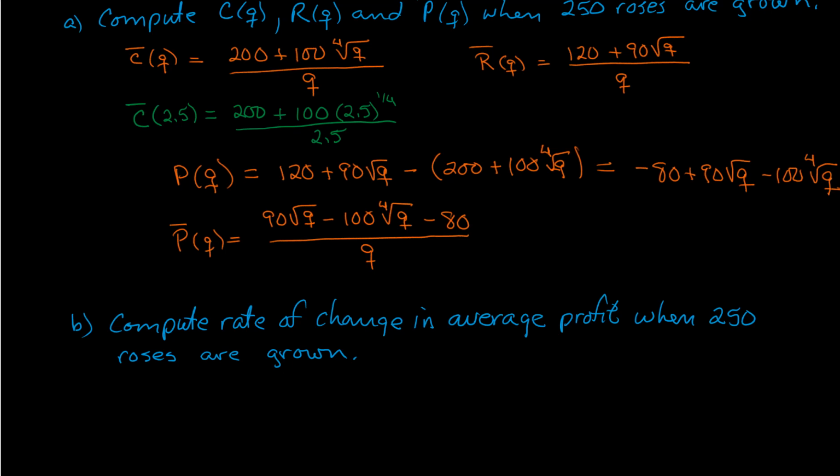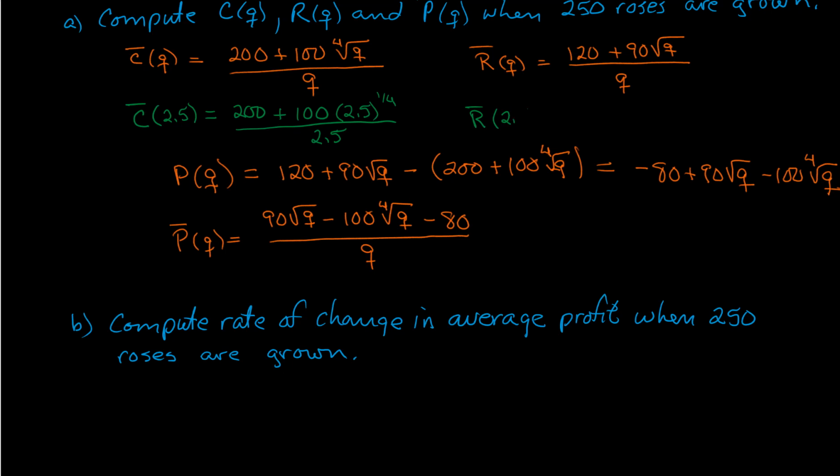compute the average cost. Now, what the average cost is going to tell us is the price per rose when we're raising 250 rose bushes. So this is the price for one rose bush, our cost when we're making or growing 250 of them at a time. The average revenue,